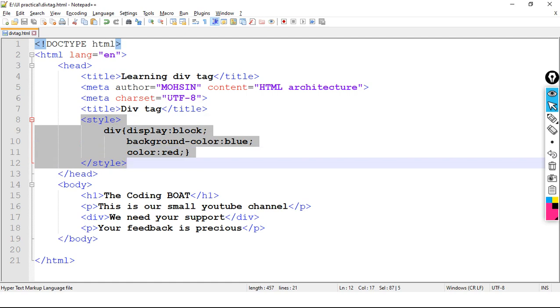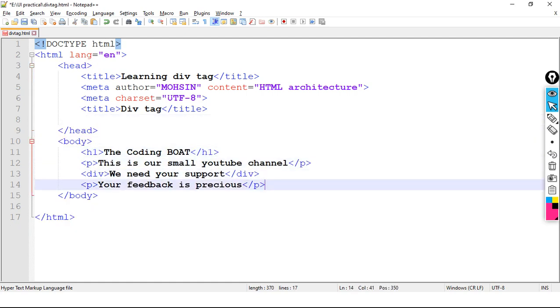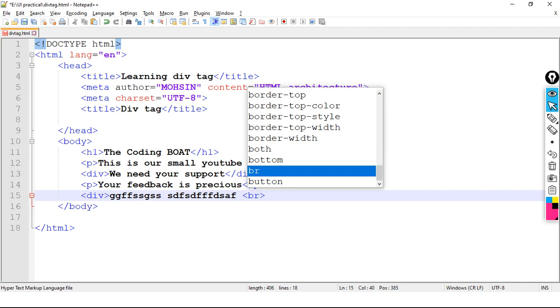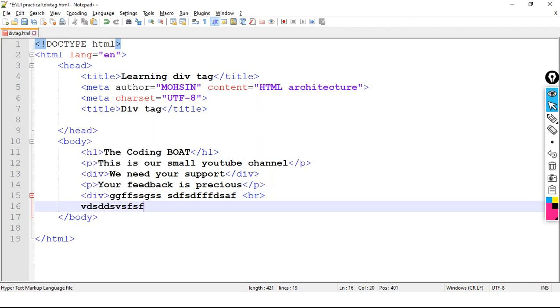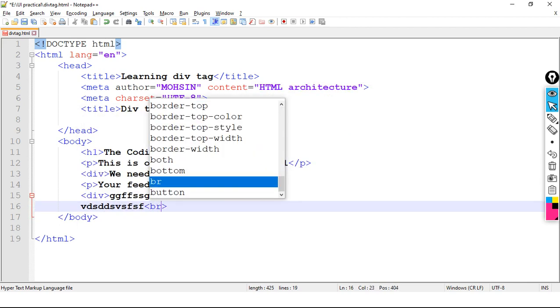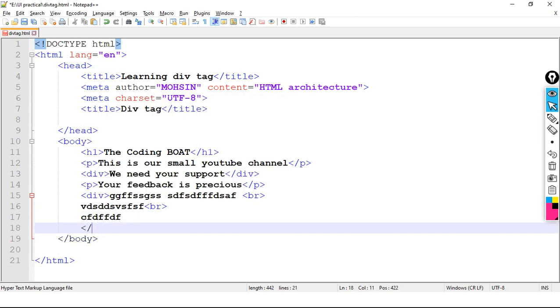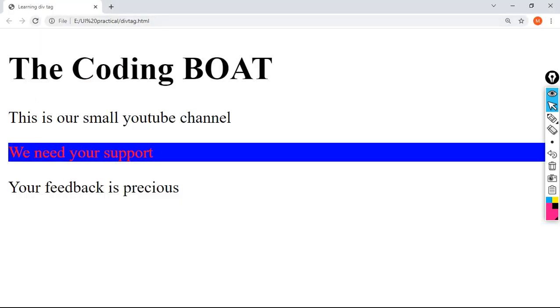Now I am removing the style tag, and here I am taking one div tag, some xyz information, br, then some xyz information, then br, then some xyz information, then closing div tag. Save the code and observe.